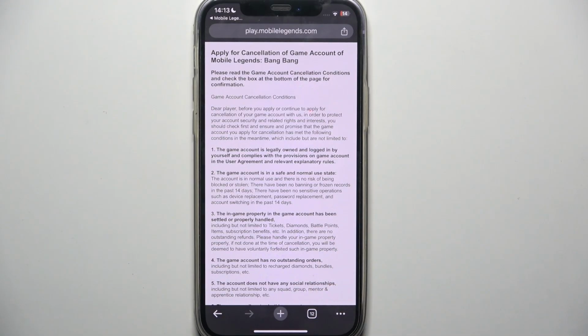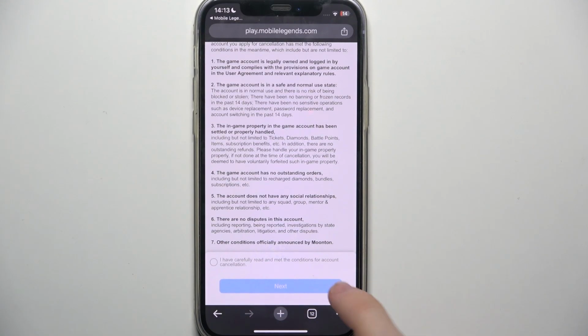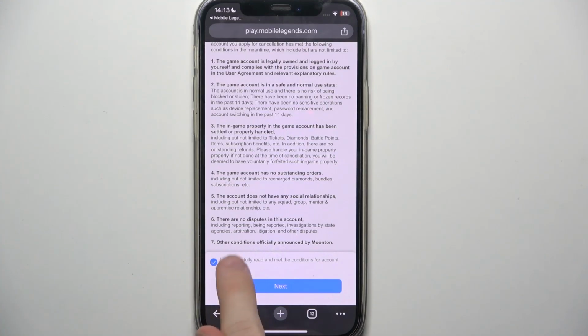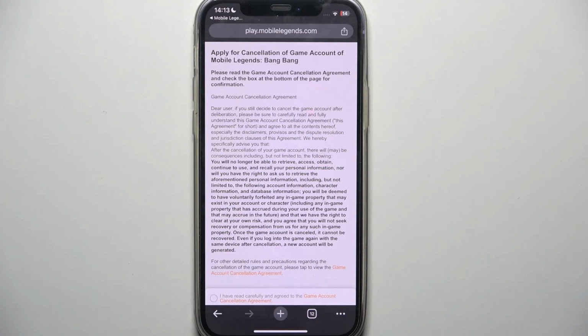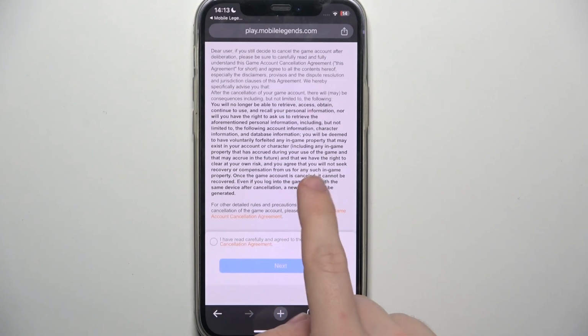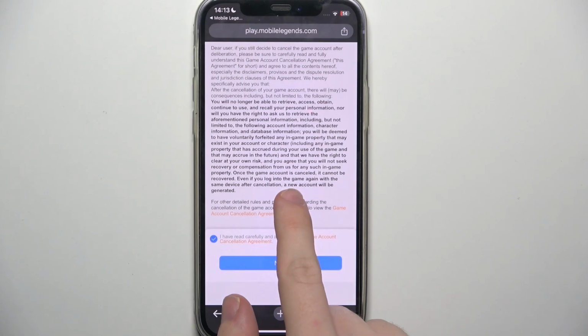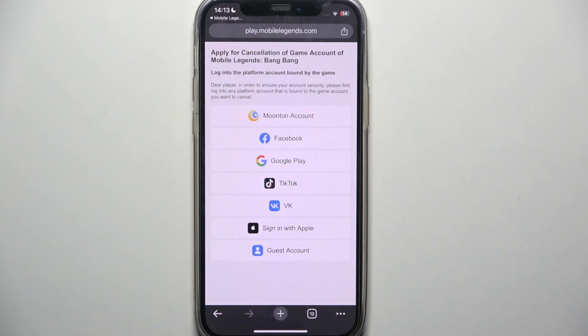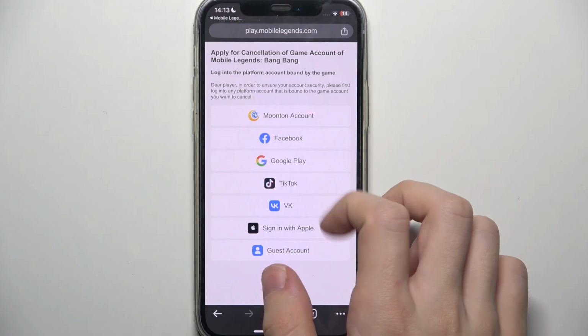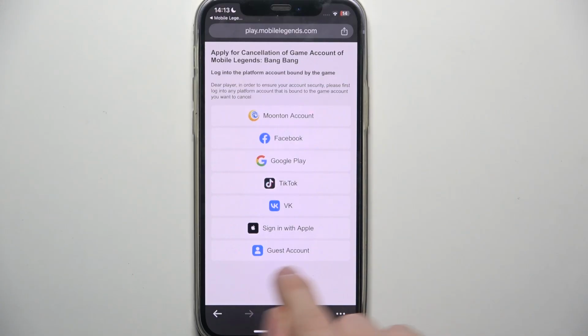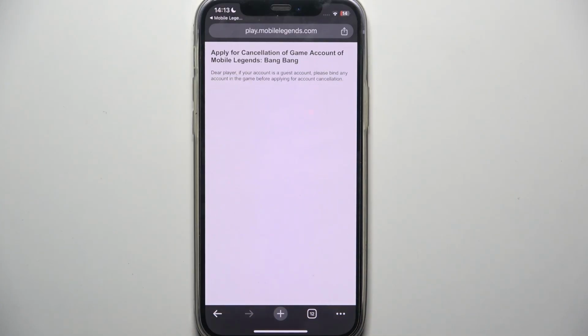You should read these cancellation conditions, and if you have read them and agree to them, enable this check mark, then click on next. Now read this one and also check this check mark, and now you will need to log in with either any of those accounts or select guest account. I'm gonna select guest account,